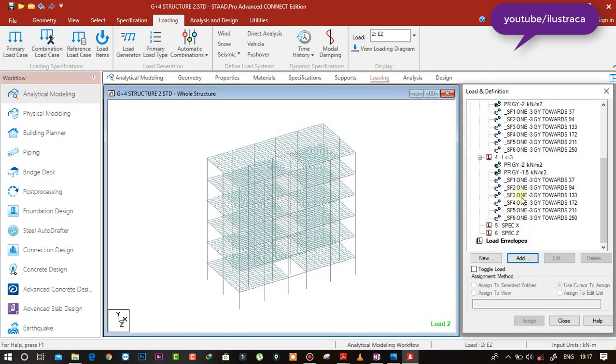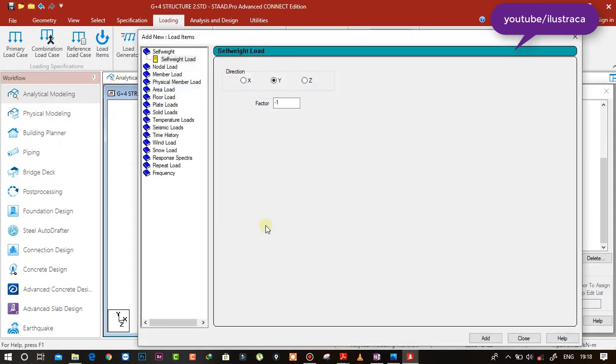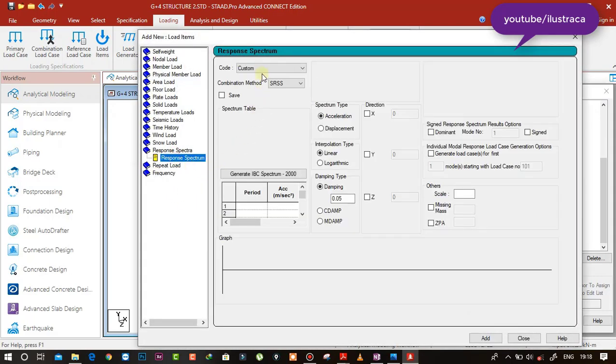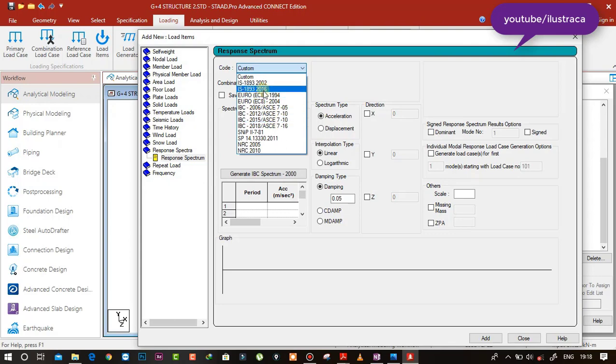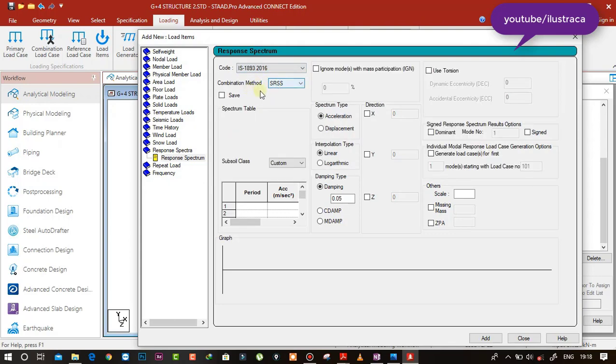Now in these two load cases we will add the response spectra. So this is the response spectra, and I'm going to use IS 1893-2016.